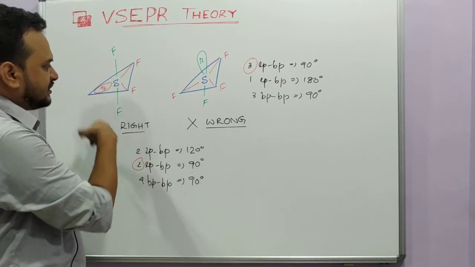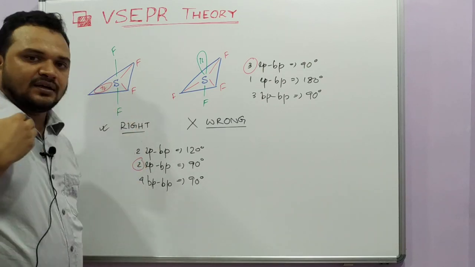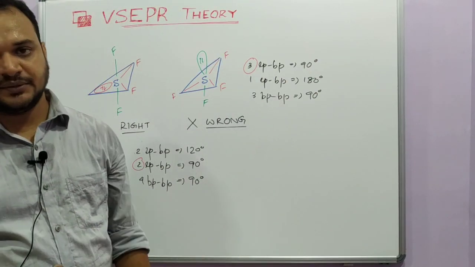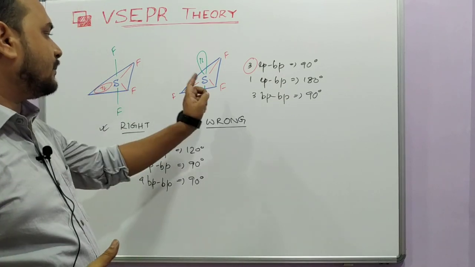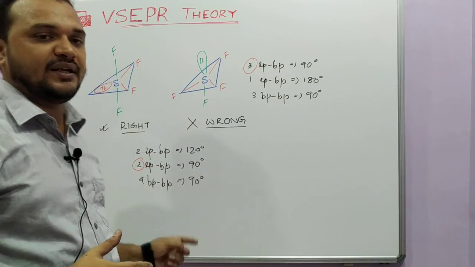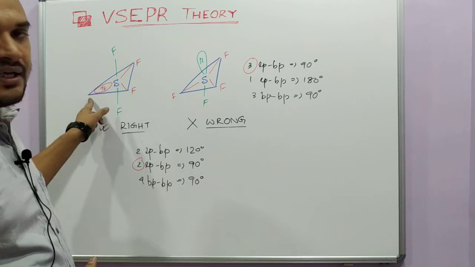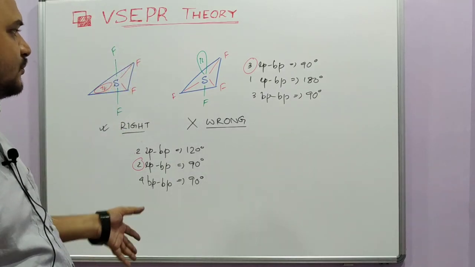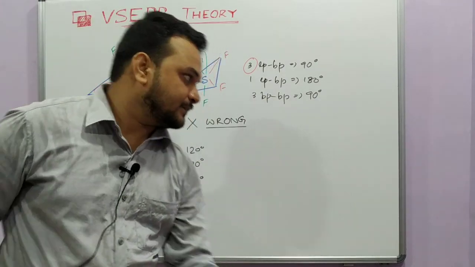But here net repulsive force is minimum, that means the molecule gets stabilized. And we know from VSEPR theory that the molecule occupies that geometry where this repulsive force is minimum. And that's why in trigonal bipyramidal geometry, whenever you find any lone pair of electrons, they always try to occupy the equatorial position. These things will be further discussed with other molecules